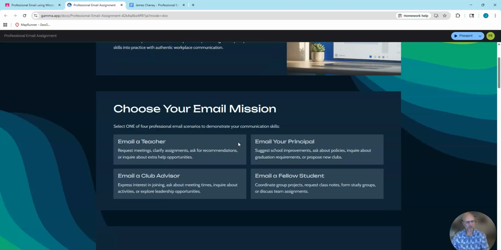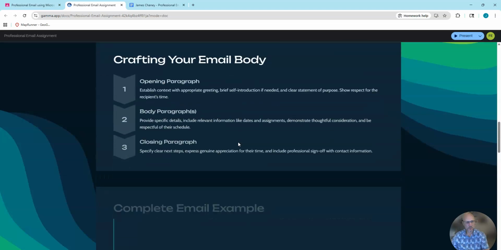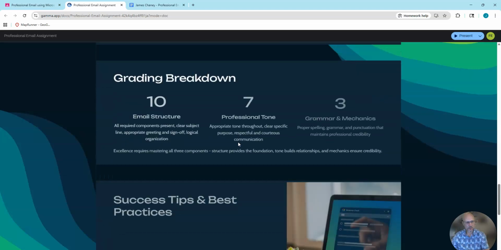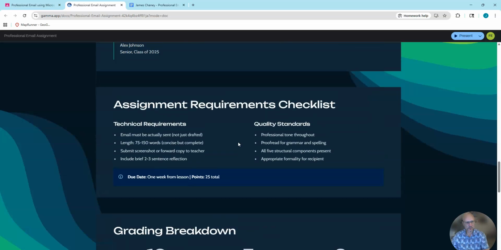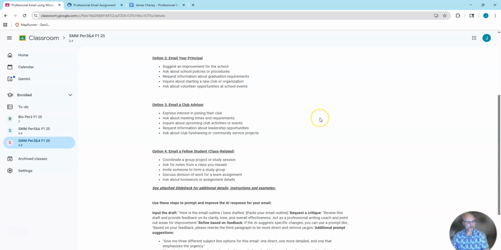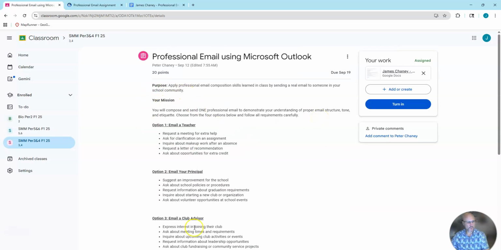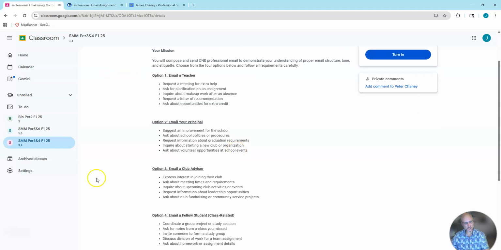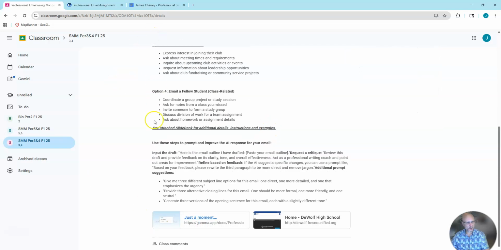So as far as a professional email is concerned, we took some notes on these. I'll pass these out so that you have those notes if you need them. And so that's basically all of this right here is kind of a summary of what's on that presentation. What's new is this part right here. So what we're going to use AI for to help us build this email. So the very first thing that we want to do, actually,